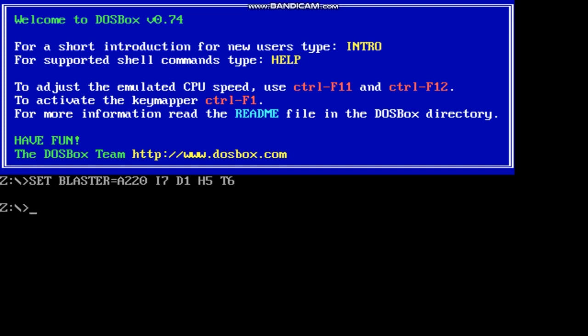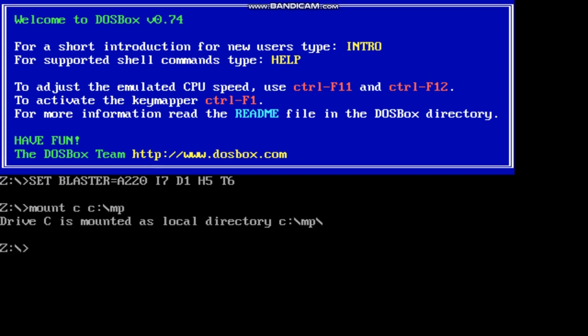Hello everyone. In this video we will see how to execute the program of largest number using DOSBox software. So opening the DOSBox into the Z drive, we need to type mount C colon \MP, enter, C colon. Since drive C is mounted,